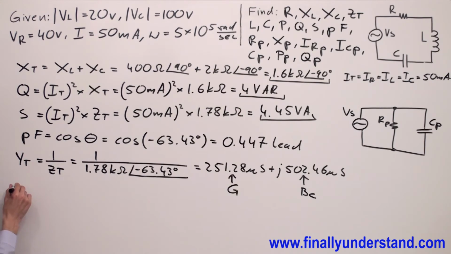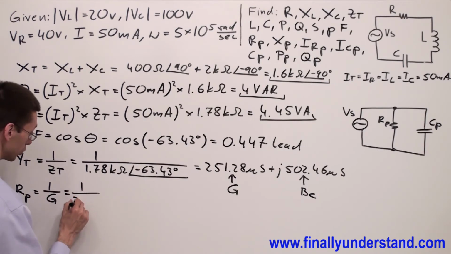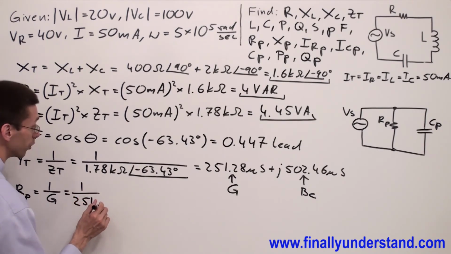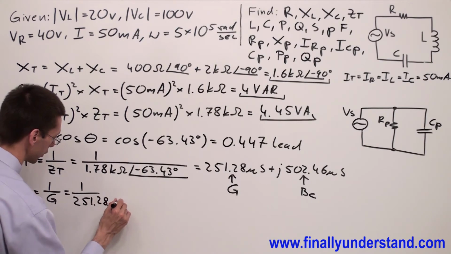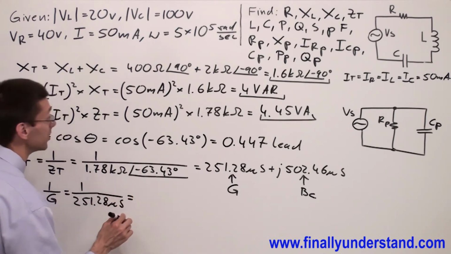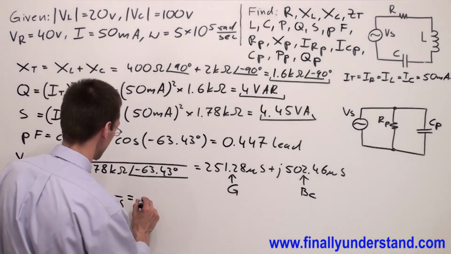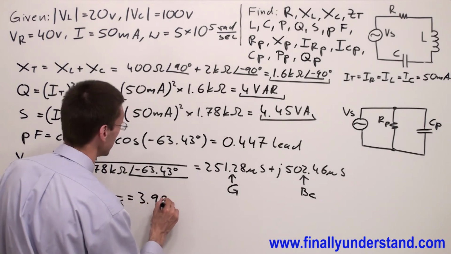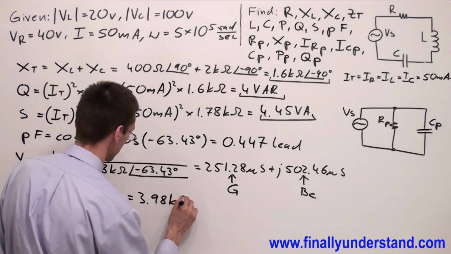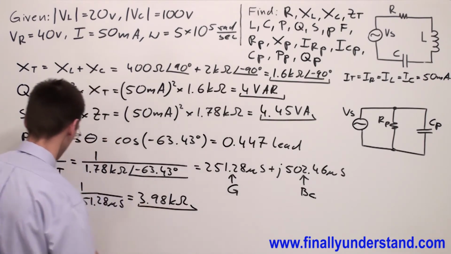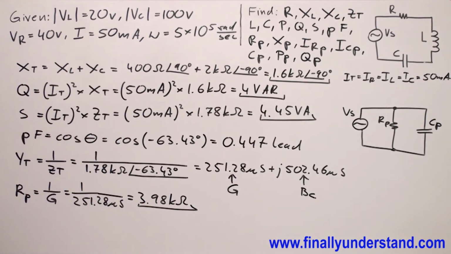So resistance in my parallel circuit is equal to 1 over G. So I have 1 divided by 251.28 microsiemens, and this is equal to 3.98 kiloohms. Okay, so this is the value of the resistor,